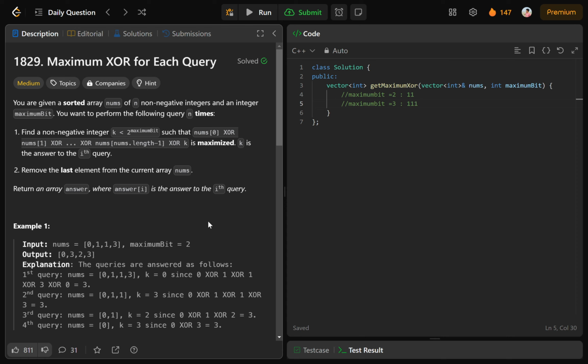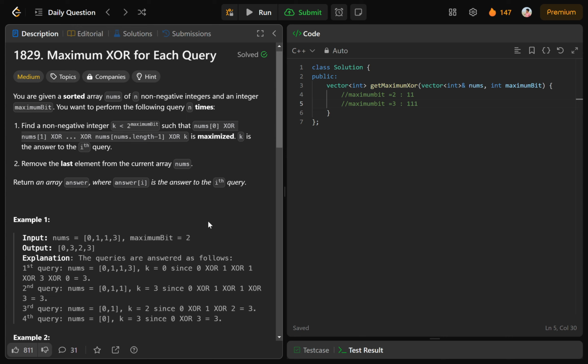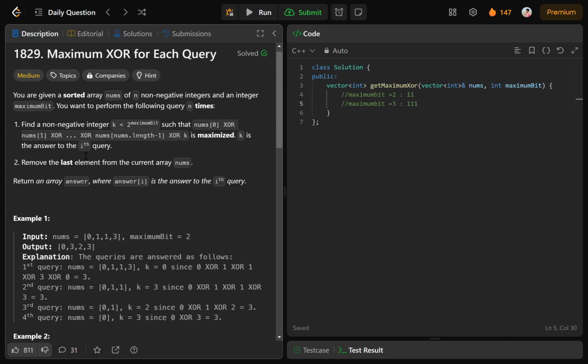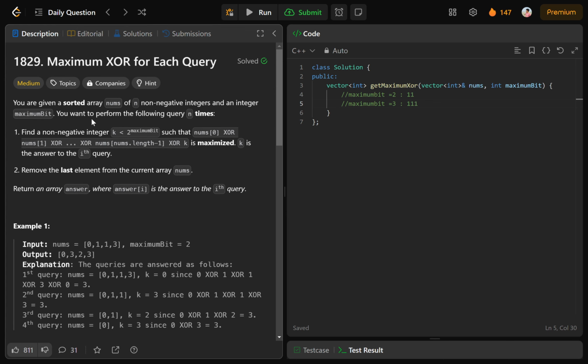Hey guys, today's question is Maximum XOR for Each Query. In this question, we are given an integer array nums and a maximum bit. What we can do is perform n queries. We have to find a non-negative integer k, which is less than 2 to the power maximum bit,